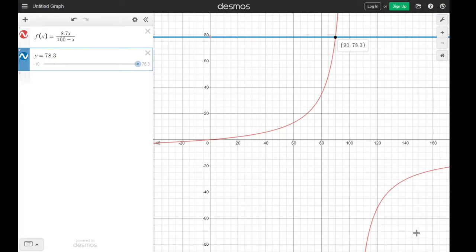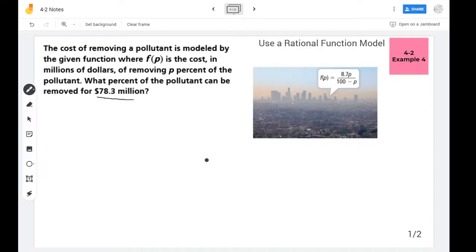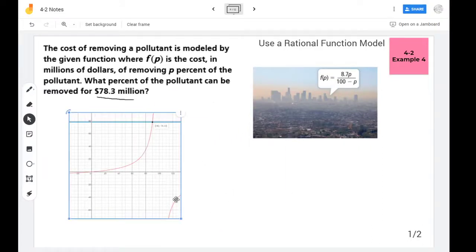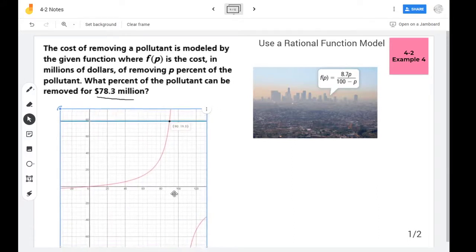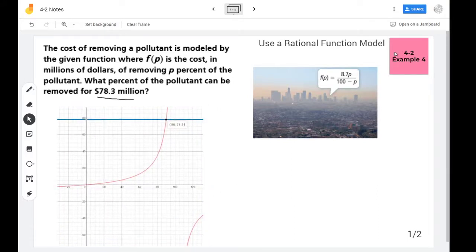So what I'm doing is I'm just taking a snippet so that I can plop this on my slideshow for our viewers who look at it later. There we go. So what this is telling us is that for that $78.3 million, I can remove 90% of the pollution. And so that's what I'm actually going to type out here, because word problems like word solutions. So I can remove 90% of the pollutant